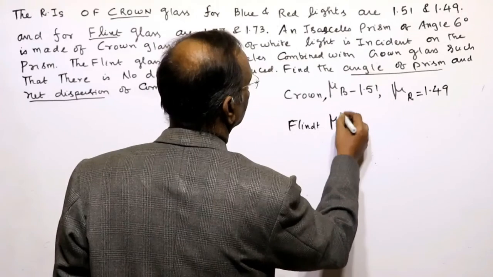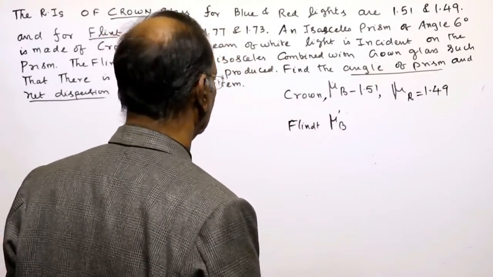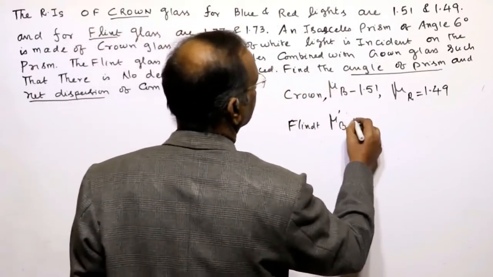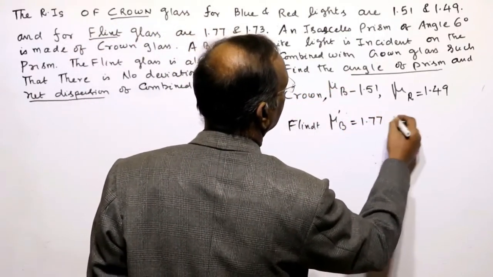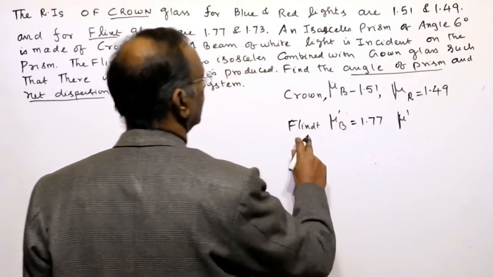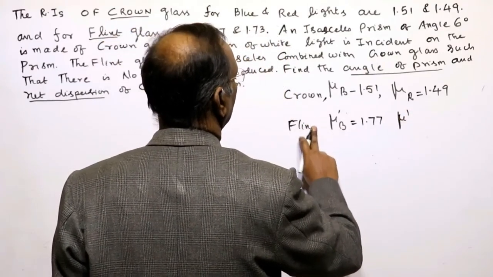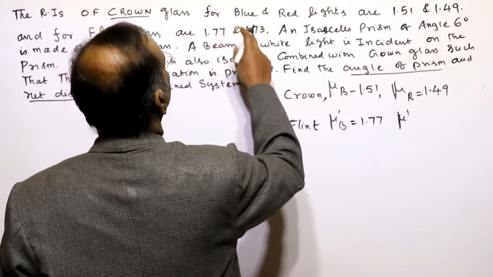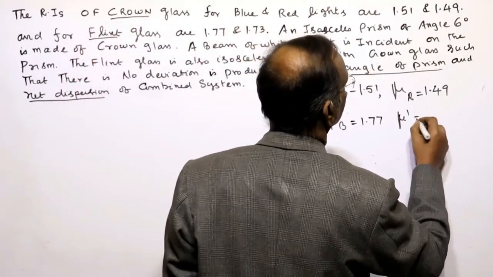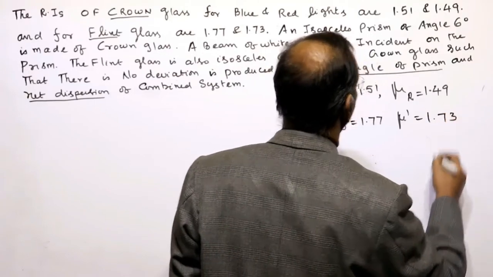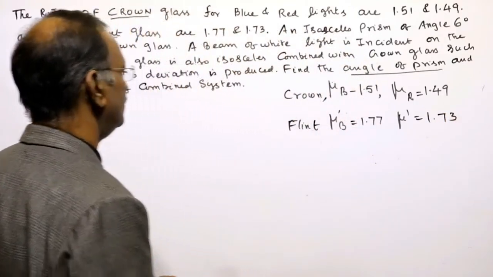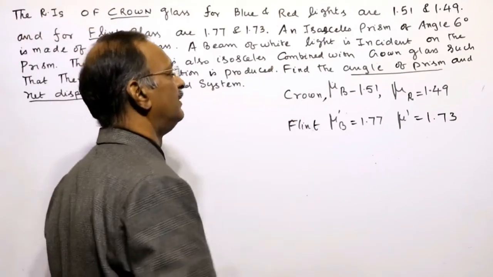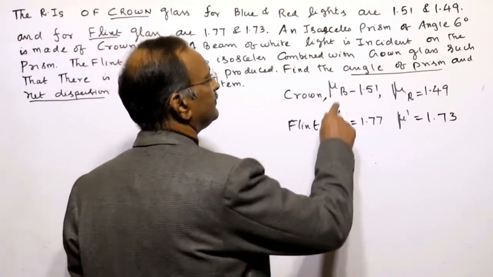the refractive index for blue is 1.77 and for red is 1.73. It means white light is passing through the prism of the crown, and they have